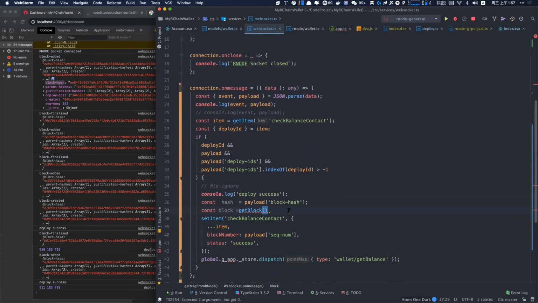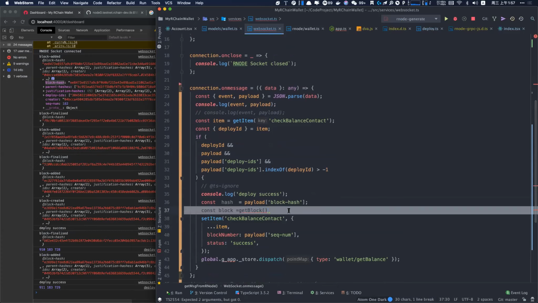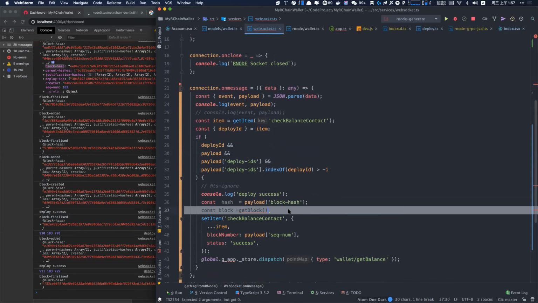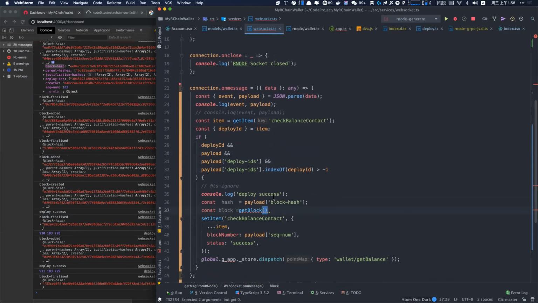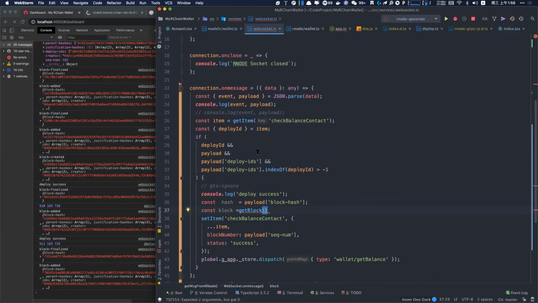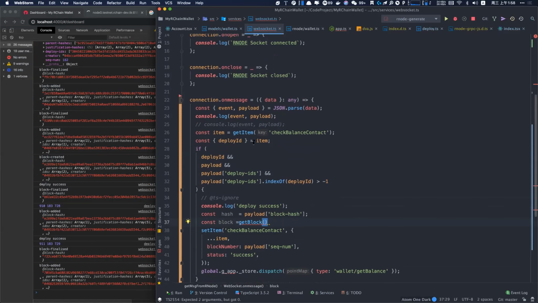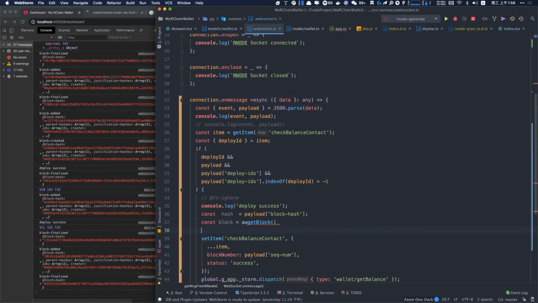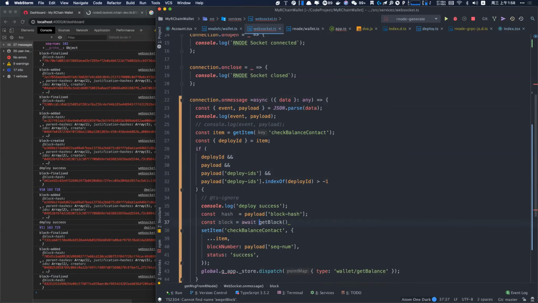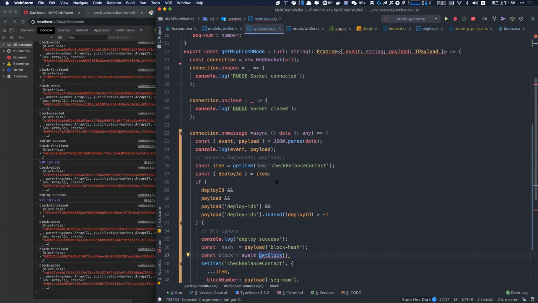Get balance. Okay, so this function is not a promise, so maybe it should be async. Yeah, I'll wait. But the URL is not